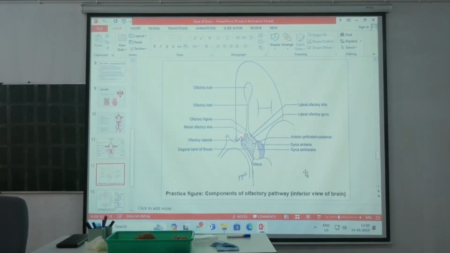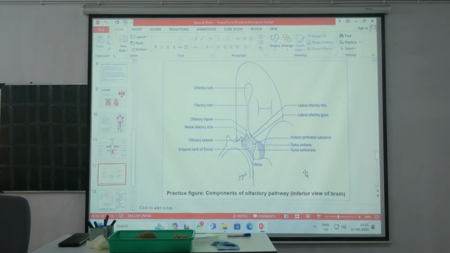The anterior components of the olfactory pathway have been shown. Olfactory nerve fibers are lying in the roof of the nasal cavity, the olfactory epithelium. From there, olfactory nerves enter into this olfactory bulb. Here the first order neurons end. After that, second order neurons start in this olfactory bulb, and they travel through this olfactory tract, then go through the olfactory stria, then they will enter into the olfactory cortex, which is lying over this